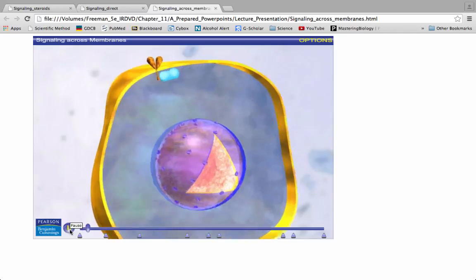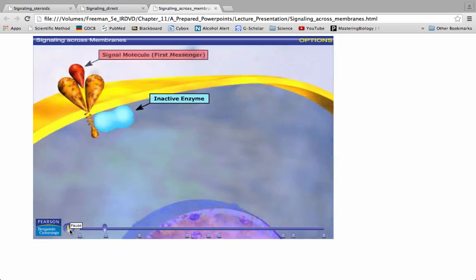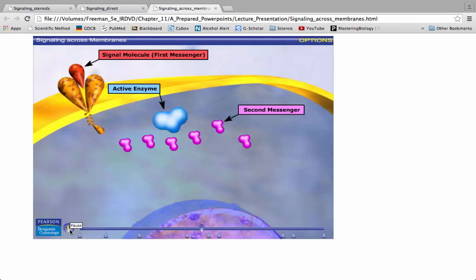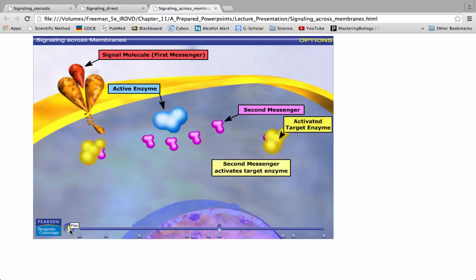When an incoming signal binds its receptor present on the cell surface of the target cell, it brings about a change in that receptor that leads to the activation of a previously inactive enzyme that binds and processes its substrate to generate multiple second messengers that carry the signal and amplify it on the inside of the cell by binding to and activating other target enzymes,